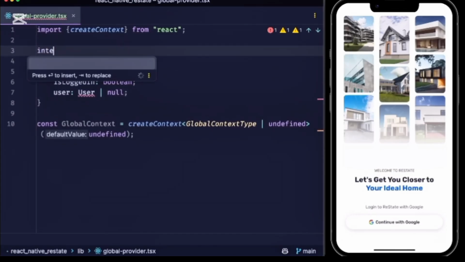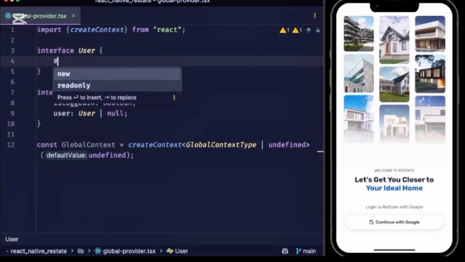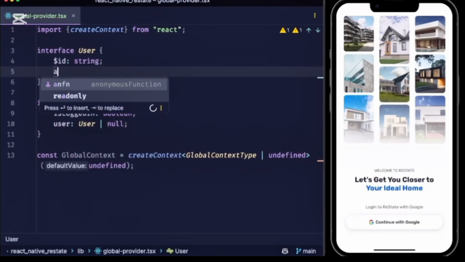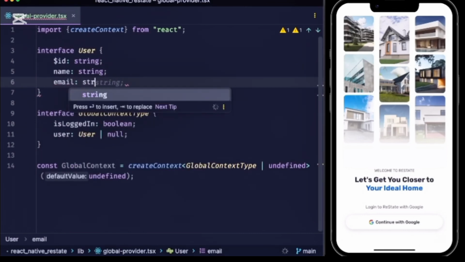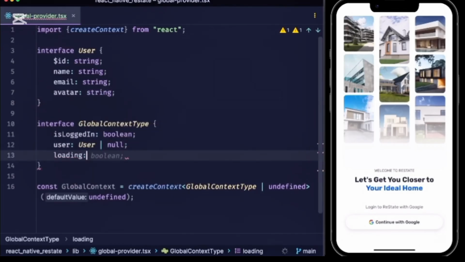But hey, how does the actual user look? Well, let's define another interface called User, which will have a $id property equal to string. It'll have a name equal to string, an email equal to string as well, and finally an avatar equal to string too. Alongside the user, we want to have the global loading state of a type boolean,